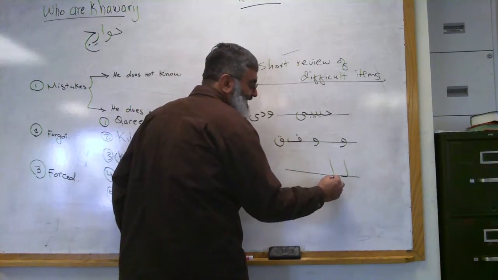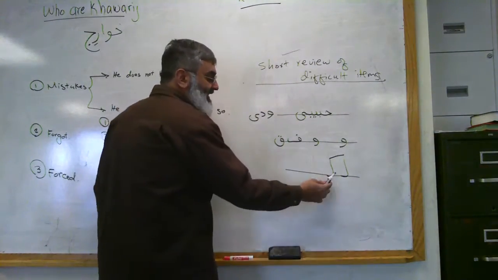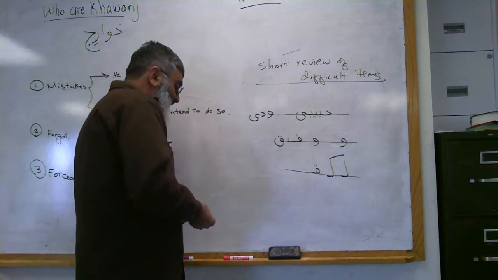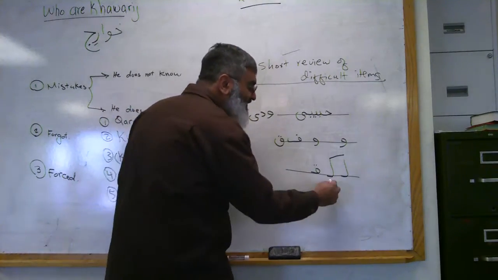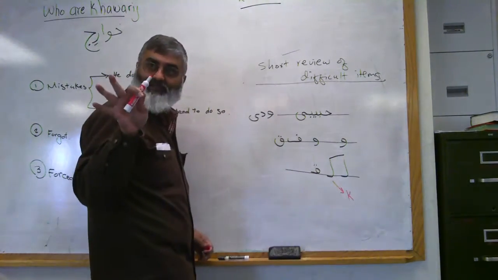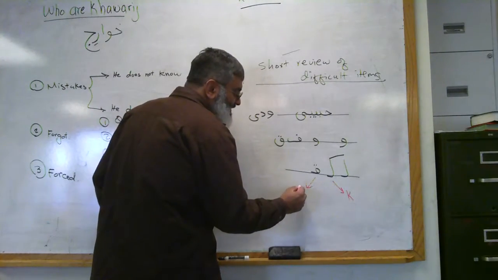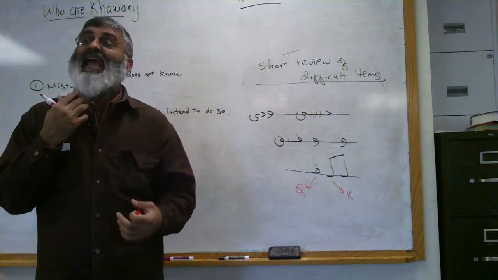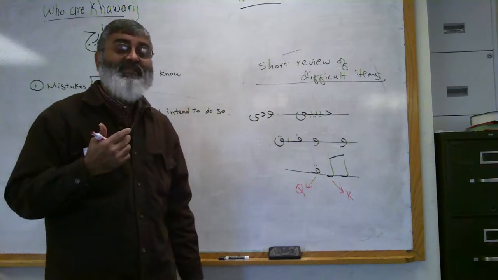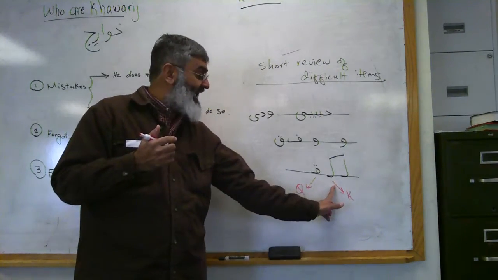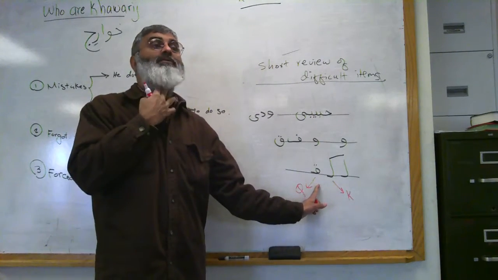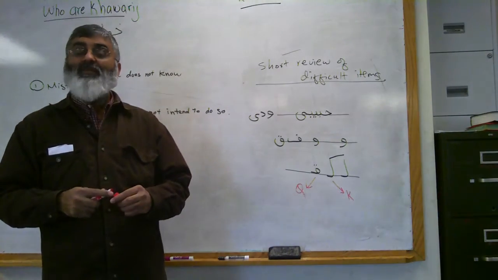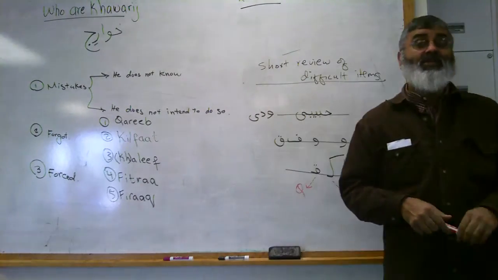Lam versus Kaf. We discussed it, right? But Kaf versus Qaf. In your homework, Kaf is K. Agreed? In your homework, Qaf is Q. Yet when you hear it, it is not easy. Kaf is soft. Kaf. But Qaf is round, comes from the top of the throat. Qaf. Practice it on your own as much as you can, because when you put alif next to